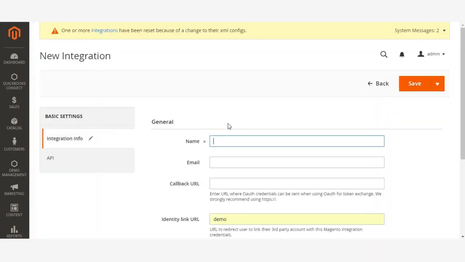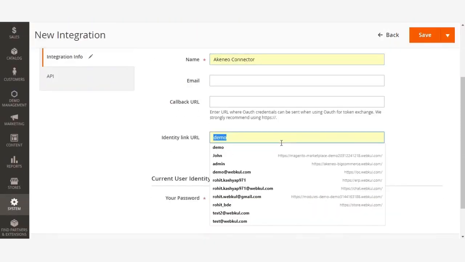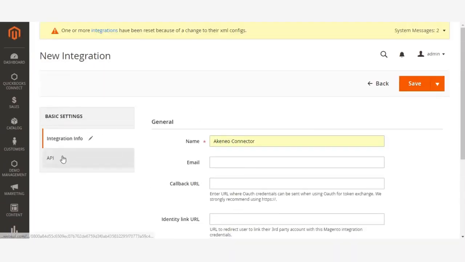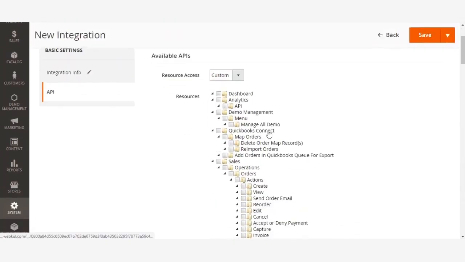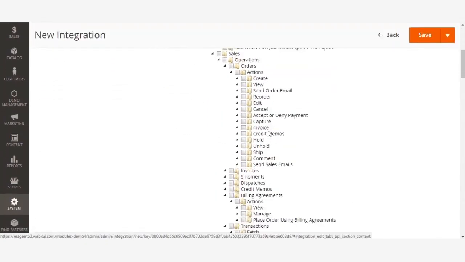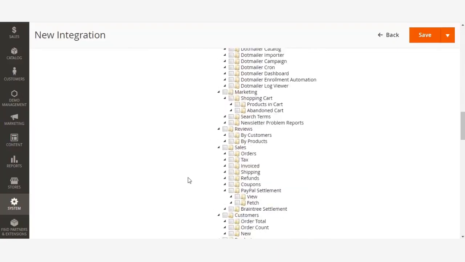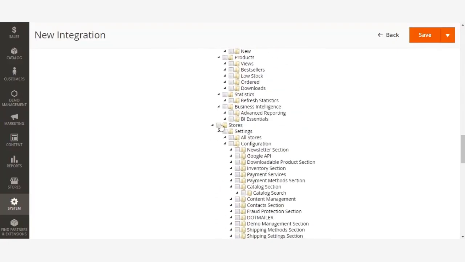Enter any name, key connector. You don't have to fill all these details, you just have to enter your password, then go to API, then here you need to select first the catalog, then inventory, products, categories. Okay, then go down below, select stores,